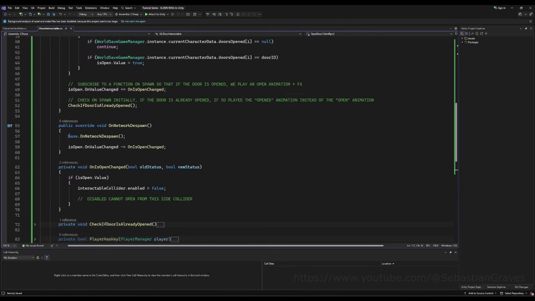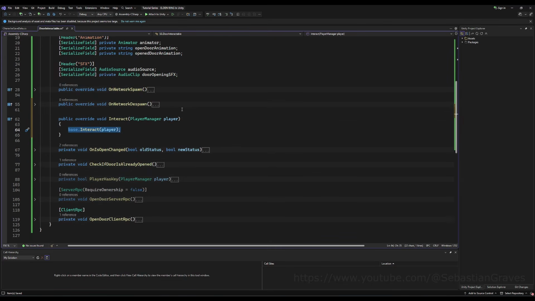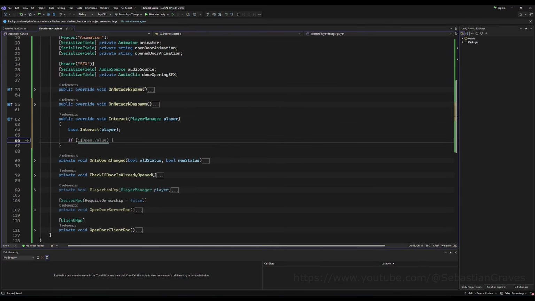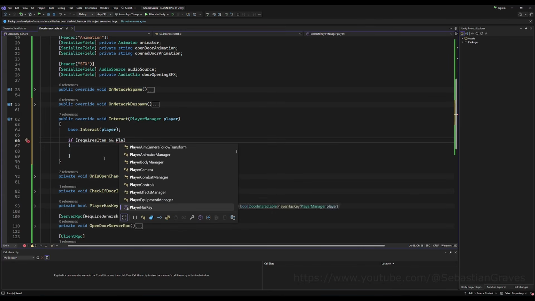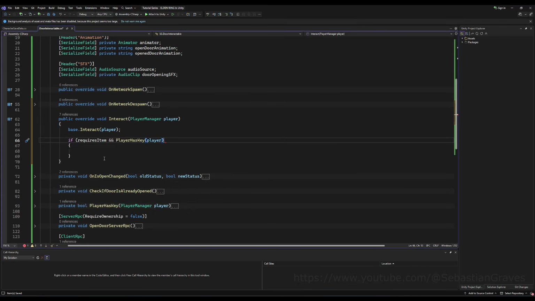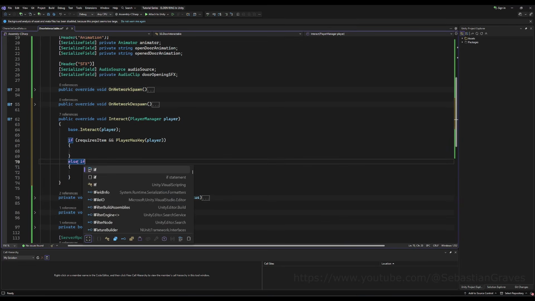There we go. And then I am going to come over here and we're going to call override Interact. And we want to check to see if this door requires a key first. So we're going to say if it requires a key item. And then we're going to also check to make sure the player has the key. So we'll say and the player, PlayerHasKey. We pass our player. So if this does require a key and we have a key, well, we know we can open it. Otherwise, if it requires a key and we don't have the key, then we know we can't